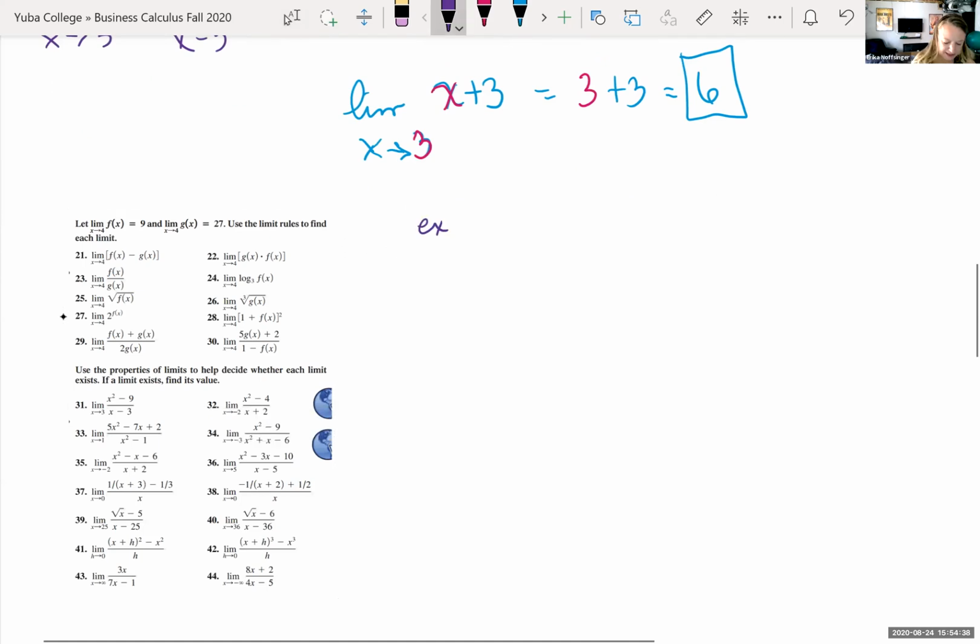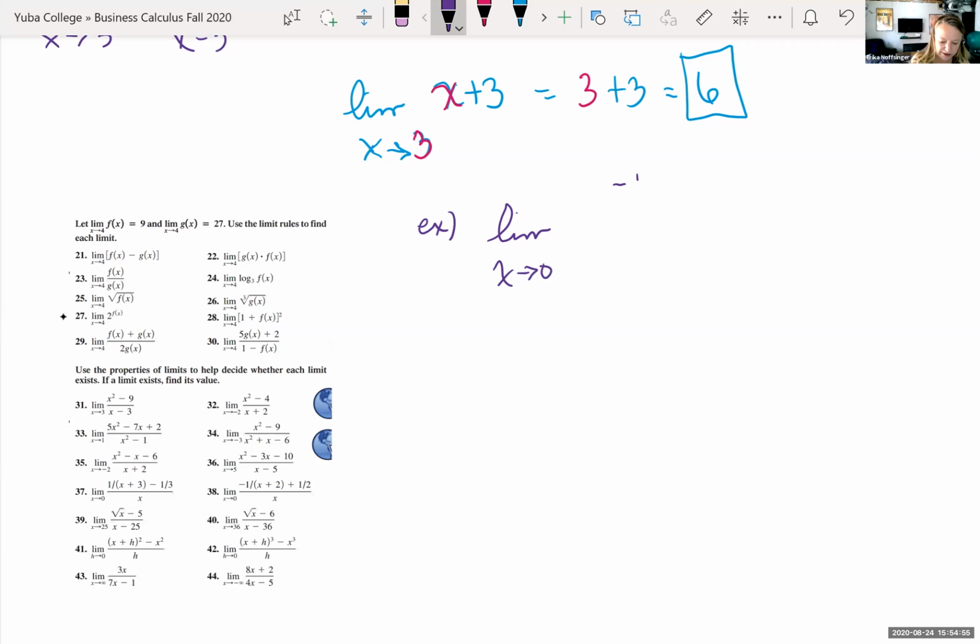Okay, so we're looking at the limit as, what did I say? Did I say 36? It doesn't really matter. 36, I think, is way too easy. Let's do 38. So the limit as x is approaching 0